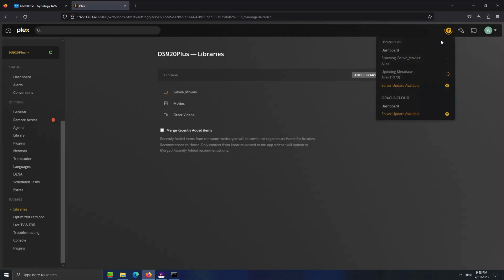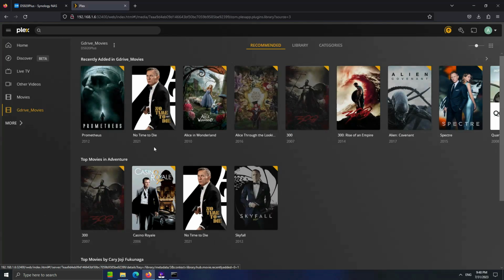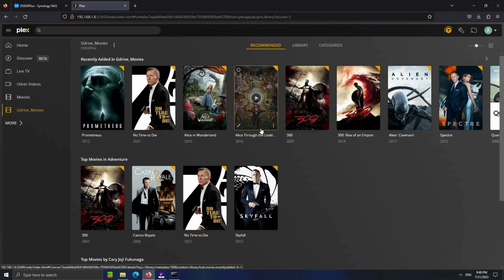We wait for a while until our media player scans the new media files. As you can see, all the media begin to show in your library. The tutorial is